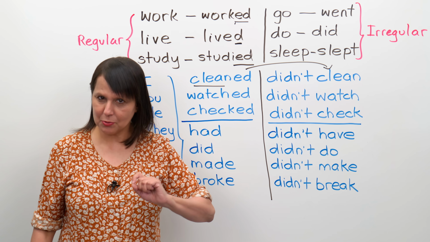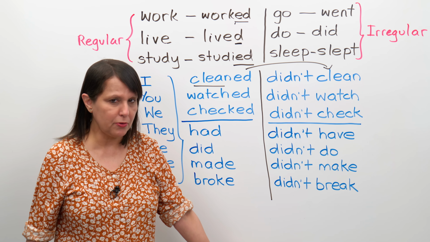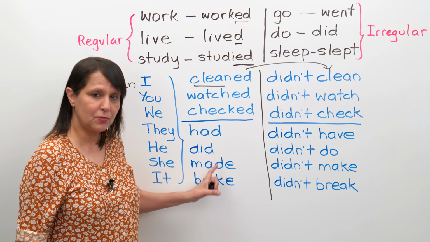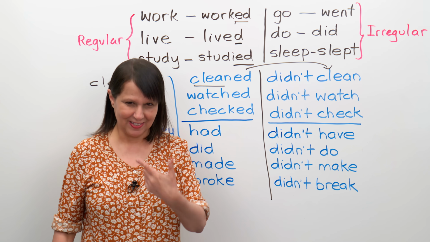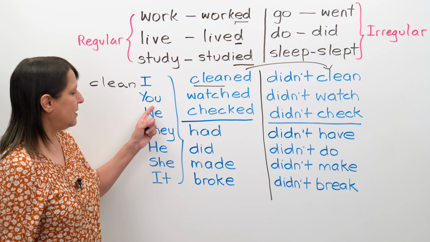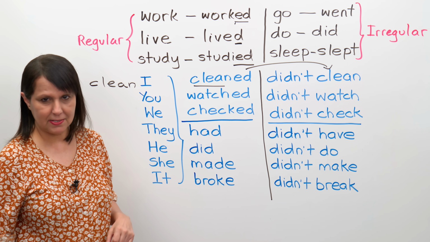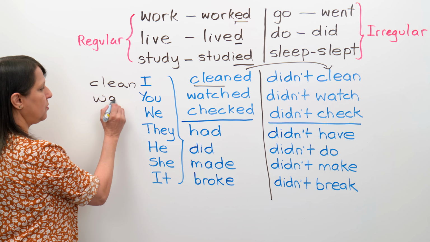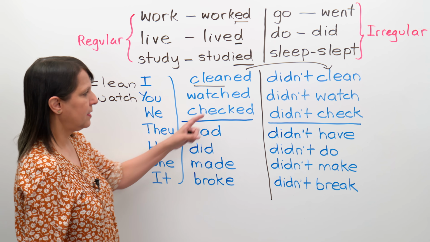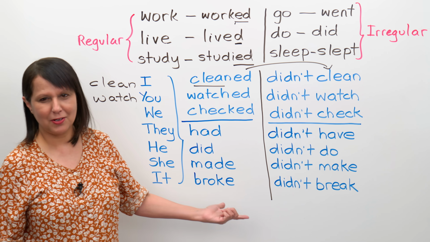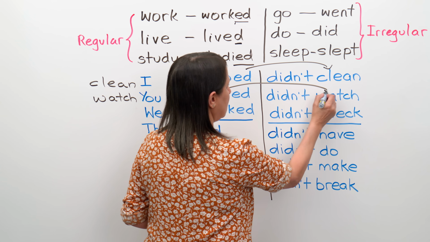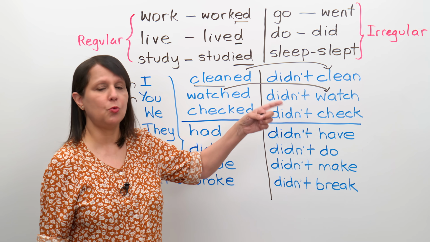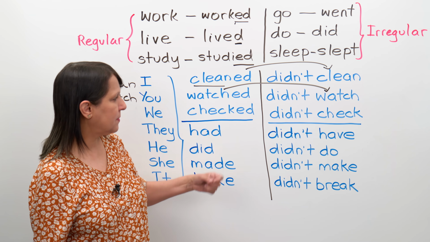We just go back to the base form of the verb. And that's the same principle you're going to follow all the way through. As you'll see, the secret is that even with the irregular verbs, you're going to do the same thing. Let's look at some examples. You watched TV, let's say. Okay, past tense. What's the basic verb? The base form of the verb is watch, right? So when I make it negative, I go back to that base form of the verb and the watched becomes watch. You didn't watch the movie, okay?